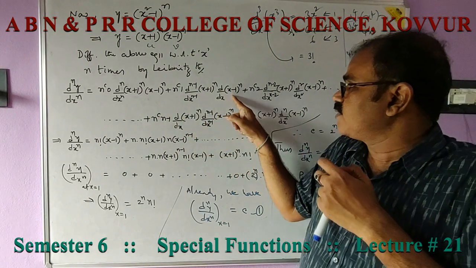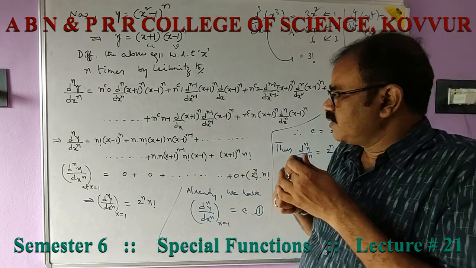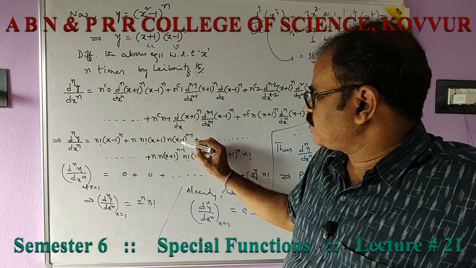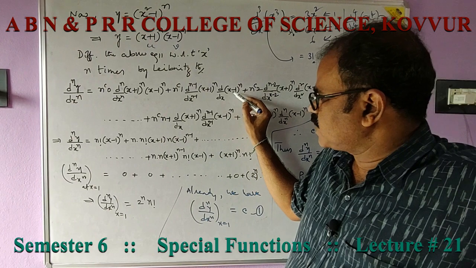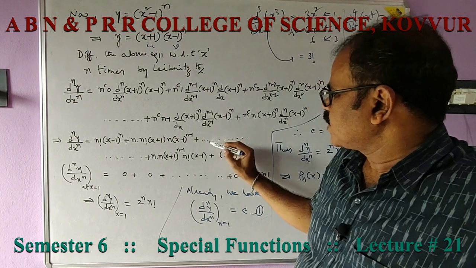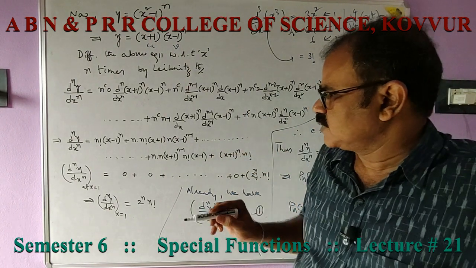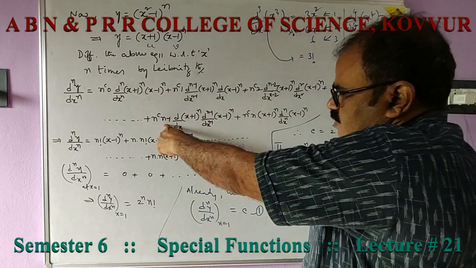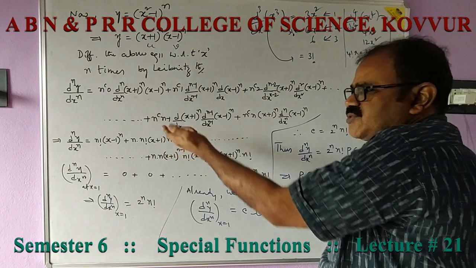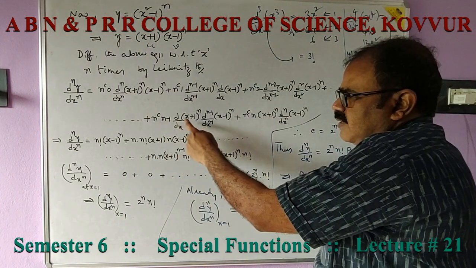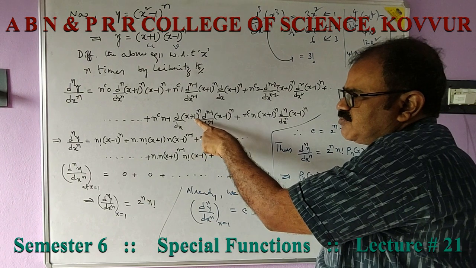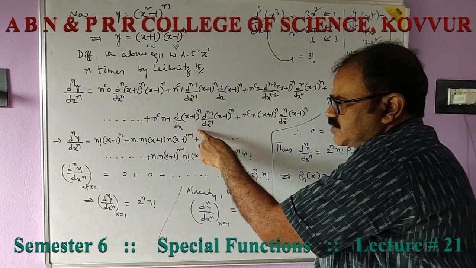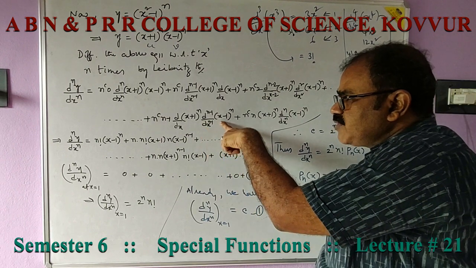Now the first derivative of (x minus 1)^n is n into (x minus 1) whole to the power of n minus 1. Okay, plus going on. Coming to the last but one, this is nC(n minus 1), which is nC1, and the first derivative of (x plus 1)^n is n into (x plus 1)^(n minus 1), with the (n minus 1)th derivative of (x minus